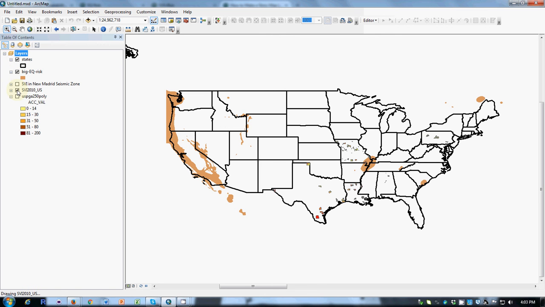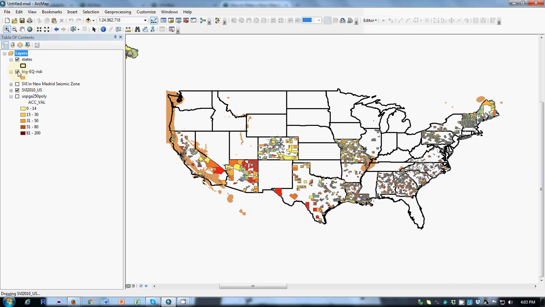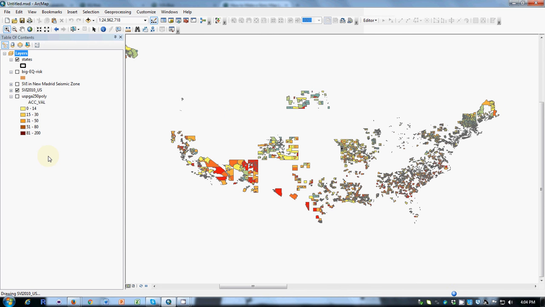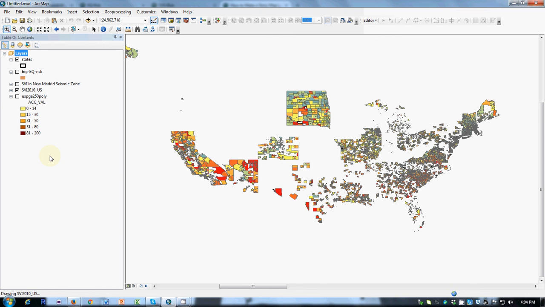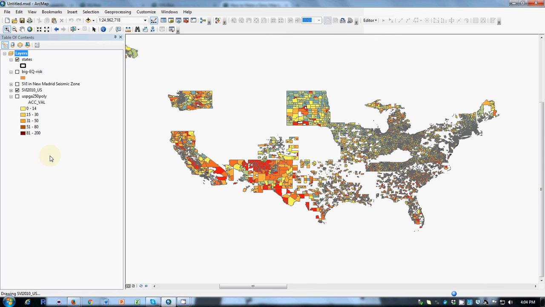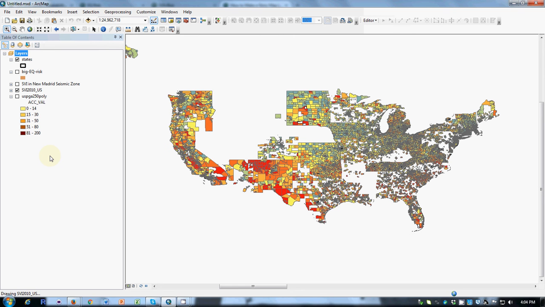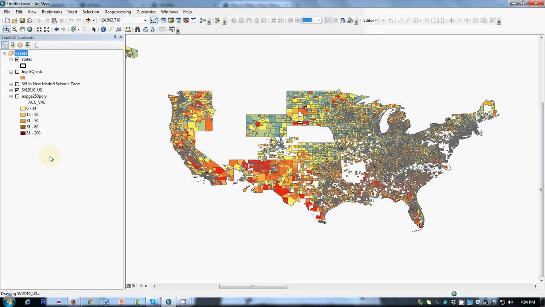And this map right here is the Social Vulnerability Index. It's taking its time to repaint, but this is a census tract by census tract analysis of census data and a combination of about 14 different measures from the census that